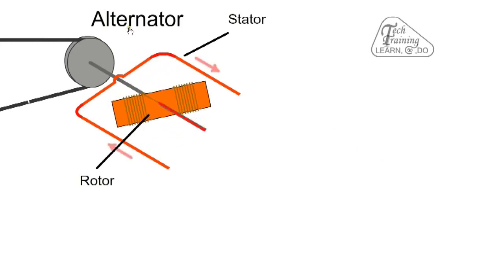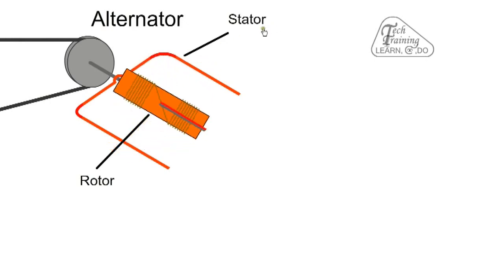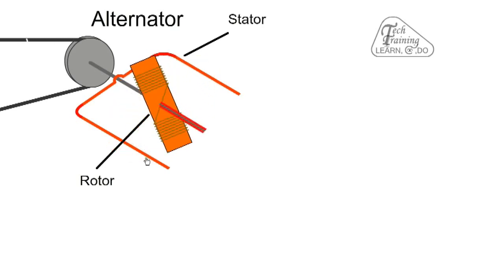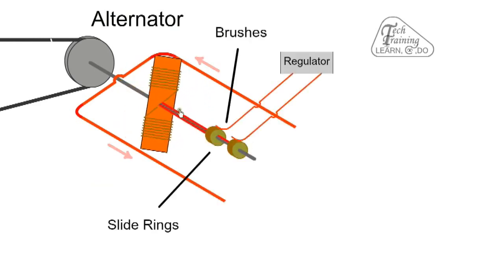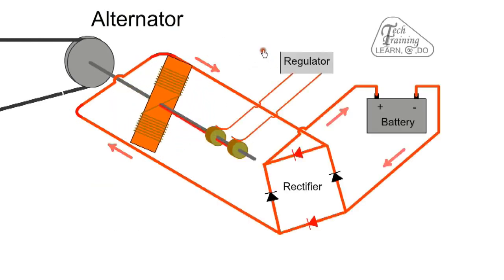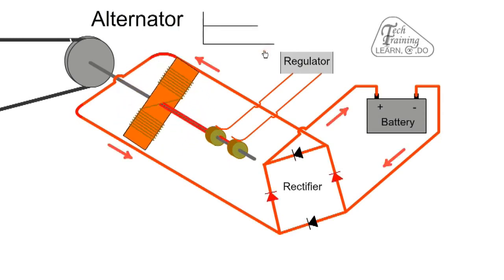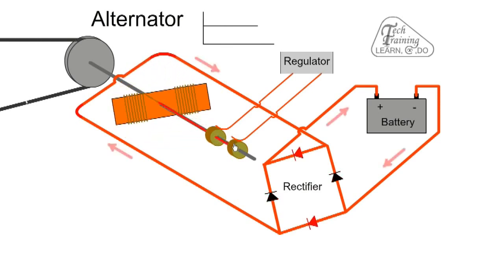The alternator is used to supply energy when the engine is running and is belt-driven from the crankshaft. It consists of a stationary winding called the stator and a rotating magnet. When the magnet rotates, the magnetic field induces a voltage in the stationary conductors. Instead of using a permanent magnet, an electromagnet is used. By varying the amount of current in the rotor winding, it's possible to adjust the output voltage. Slide rings and brushes are employed to allow the current to enter the electromagnet, and the flow of DC current is